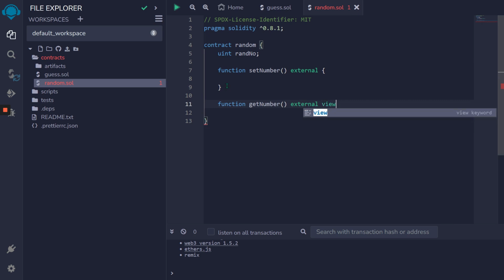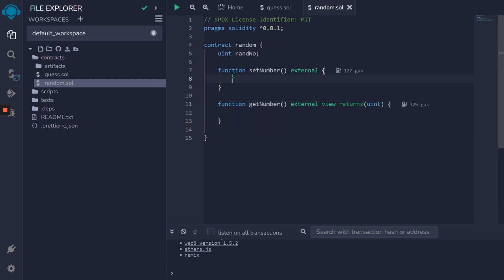It will be a view function which will return the random number, right? So let's make it. In Solidity we can use keccak256 to generate random numbers, right? So what we can do is let's assign